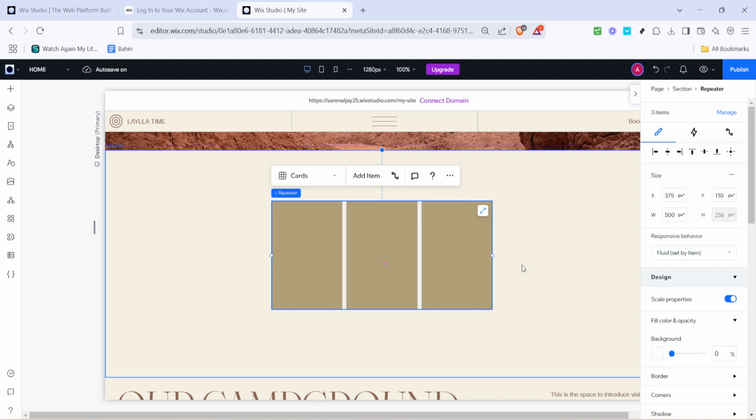And there you have it. You've successfully integrated repeaters into your Wix Studio project. By following these steps, you've added a dynamic component to your site. Repeaters are a fantastic tool for efficiently displaying content in a professional and organized manner. Feel free to explore and customize further, ensuring the final result aligns with your vision.